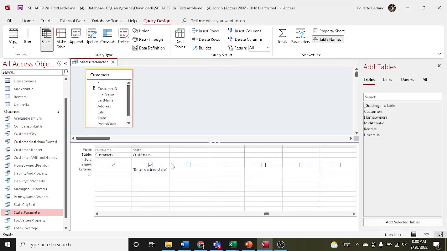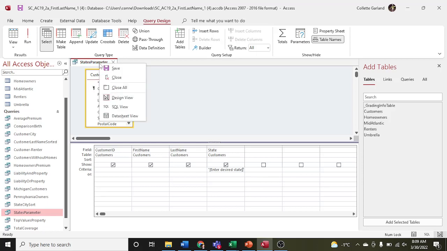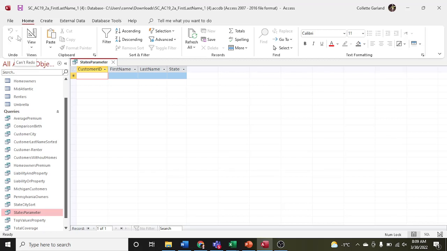Okay, so parameter query, I missed the square brackets that go around it to make it a parameter query, whereas before it was just Florida. Now it is going to have square brackets around it so that when we look at it in datasheet view,